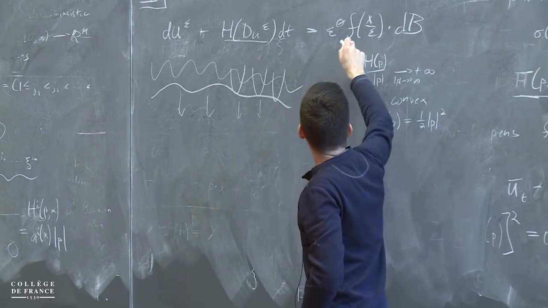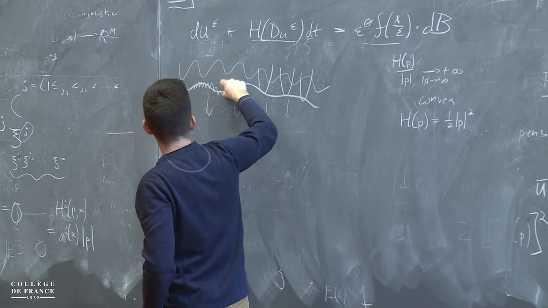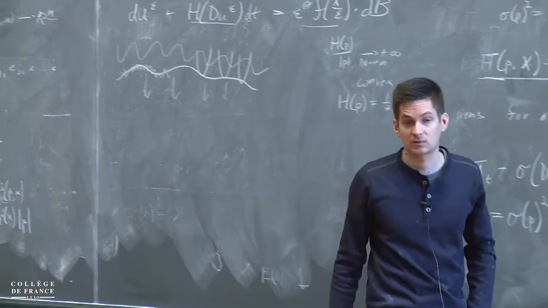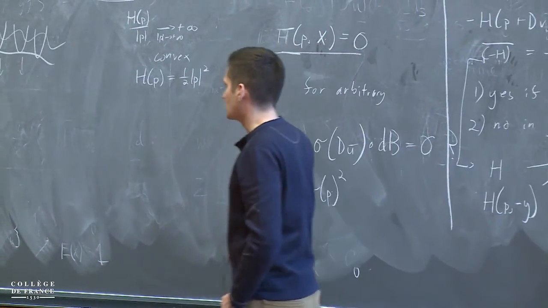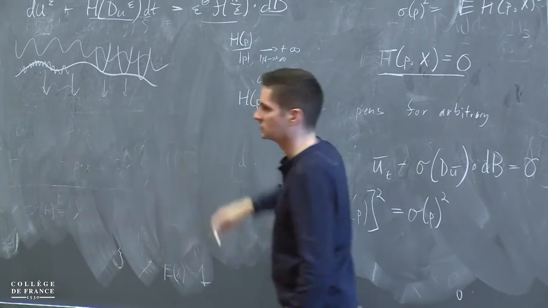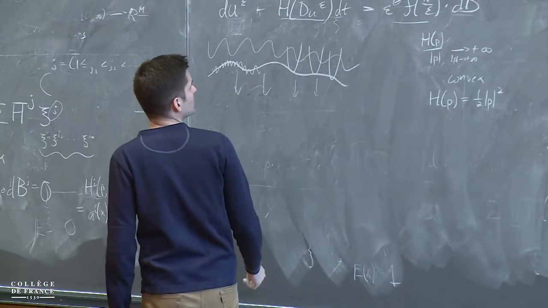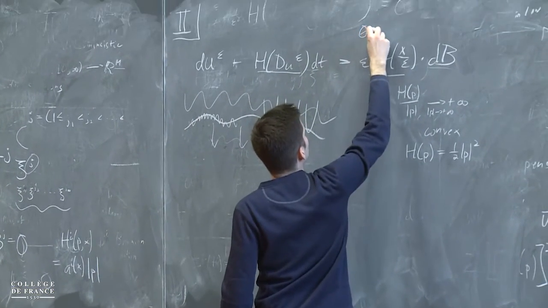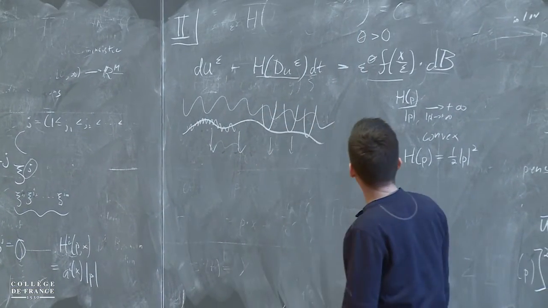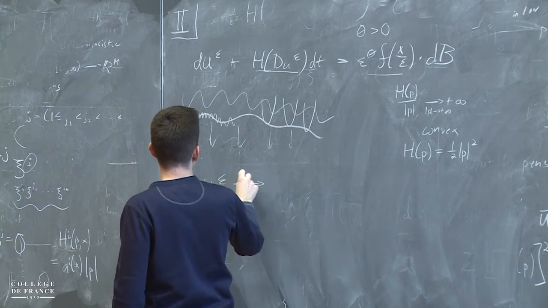And then there's also a very noisy term, which is adding some further complications. It is based on the environment, and it's dynamic because I have this Brownian motion that is changing with time. So the question I want to pose here is, theta is just some fixed positive parameter. What happens when epsilon goes to 0?